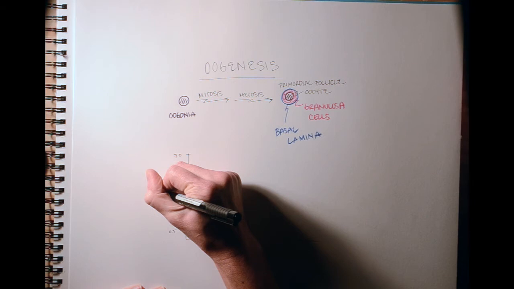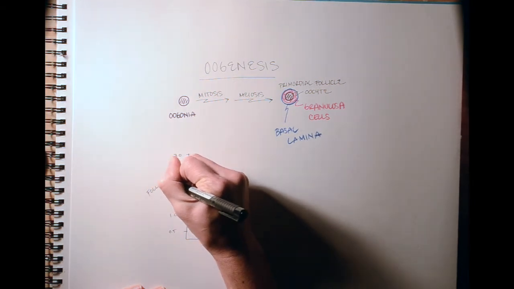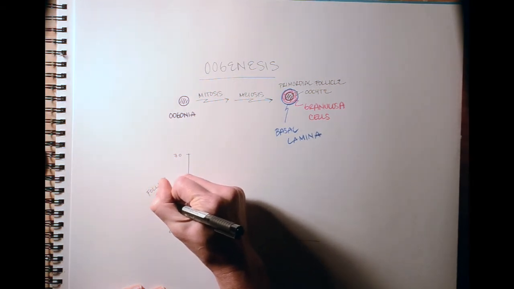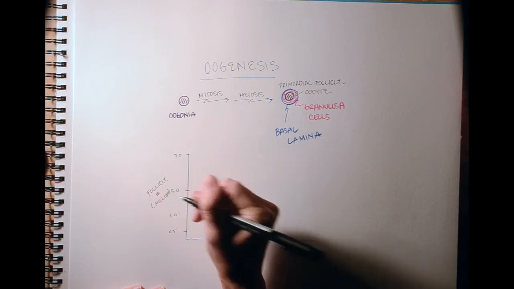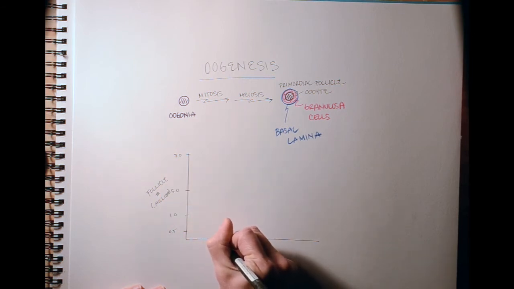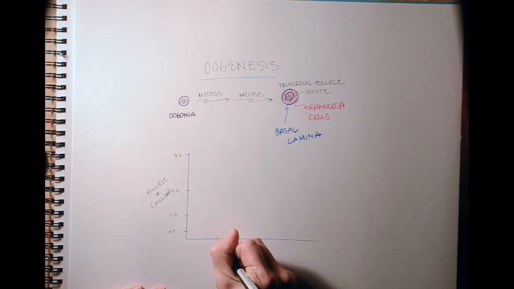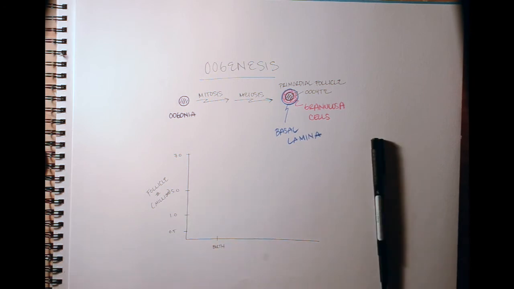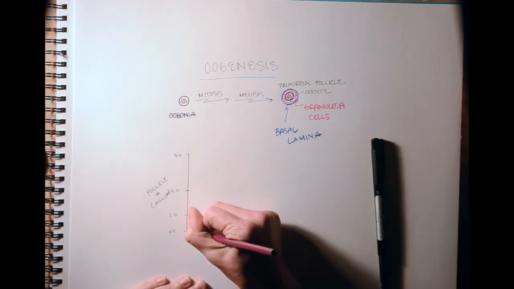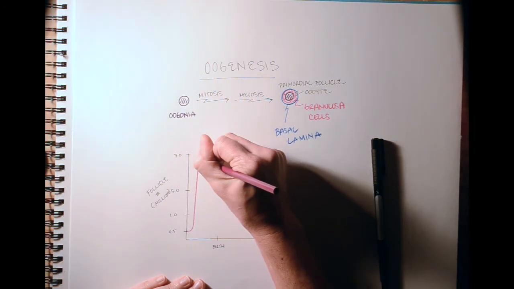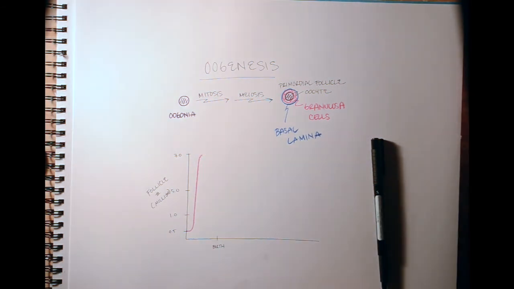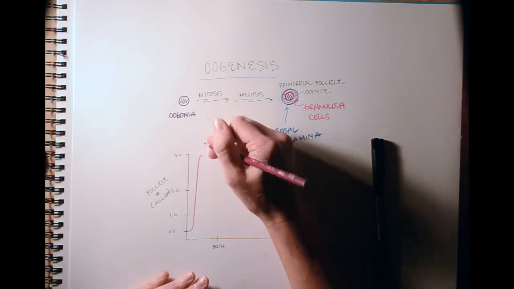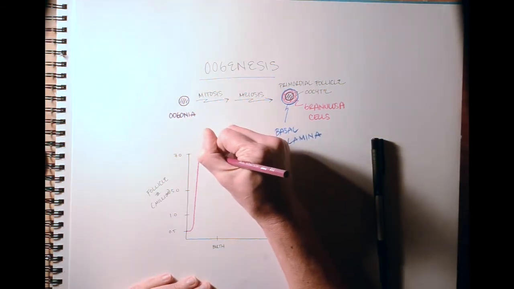So this is follicle number, again in millions. We'd see that a majority of the follicles are established again here at birth, so that our follicular pool is dramatically increased to roughly 7 million total follicles prior to birth. Again, this happens between about 15 and 20 weeks of age of embryonic development,